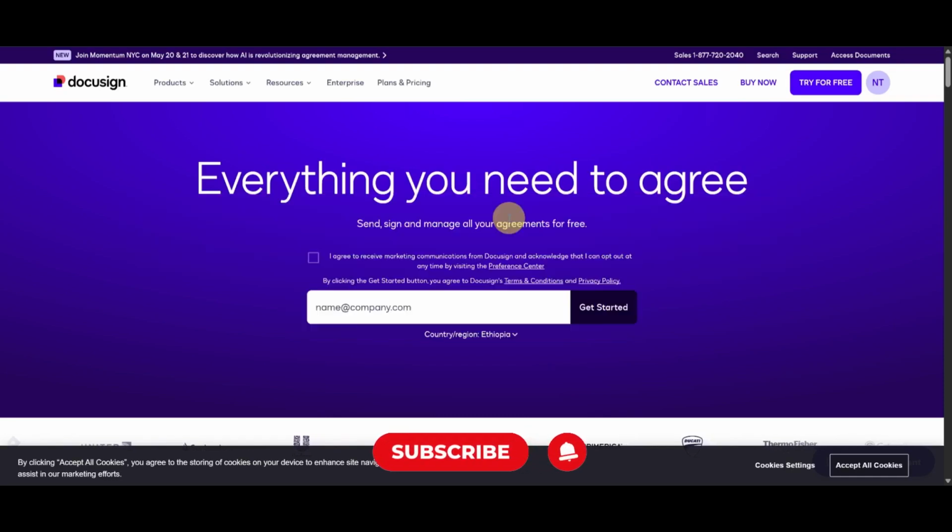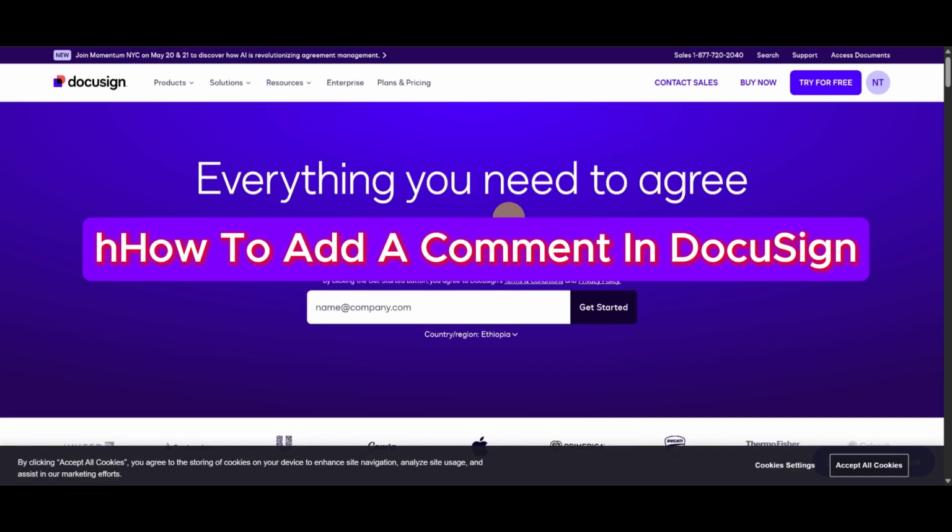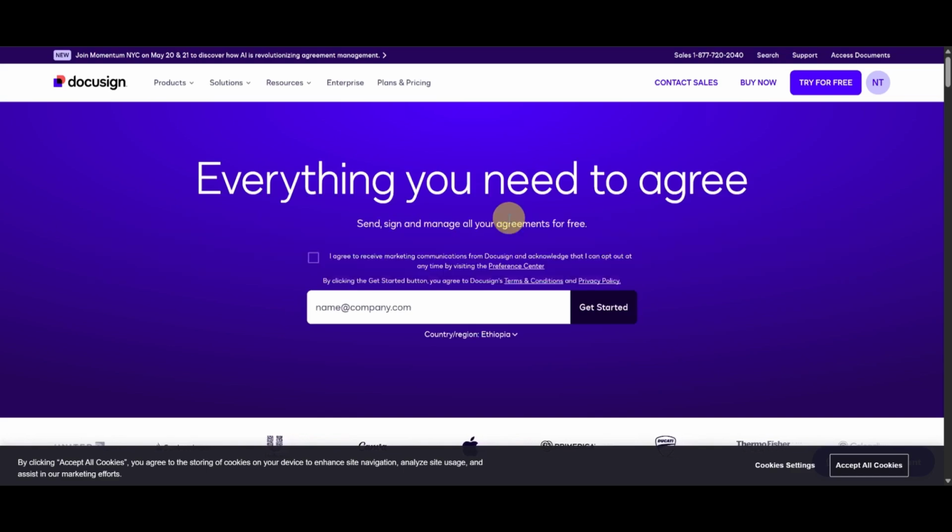In this video, you'll learn how to enable and use comments in DocuSign to make your document workflow more interactive and efficient. First, head over to the DocuSign website using your preferred browser. Once you're on the home page, click the Login button at the top right and enter your credentials to access